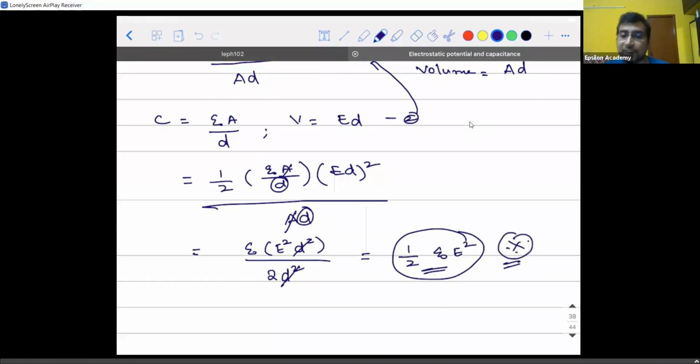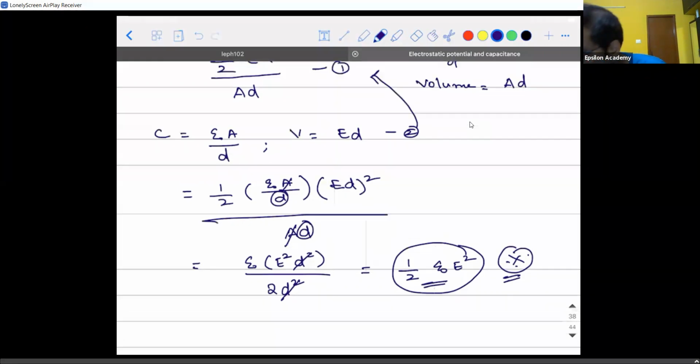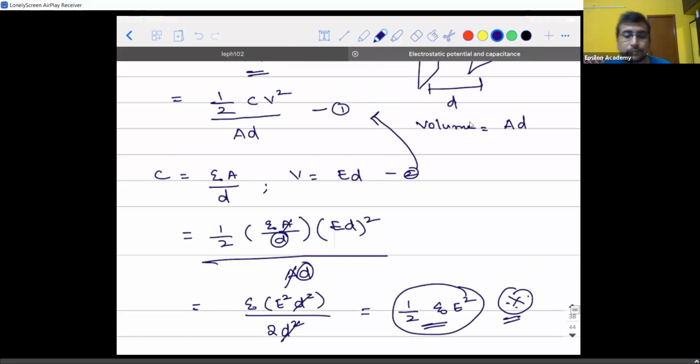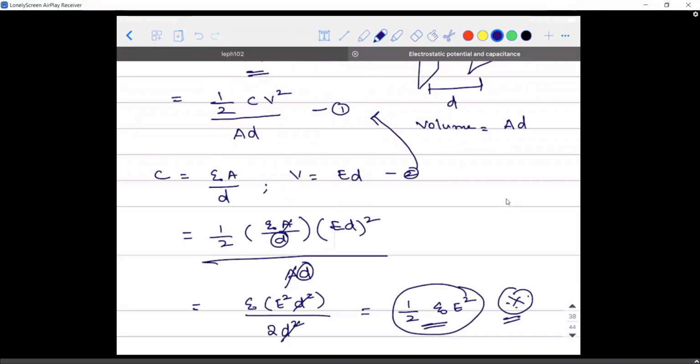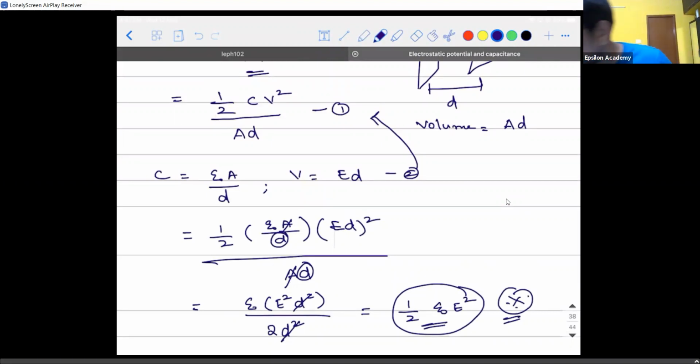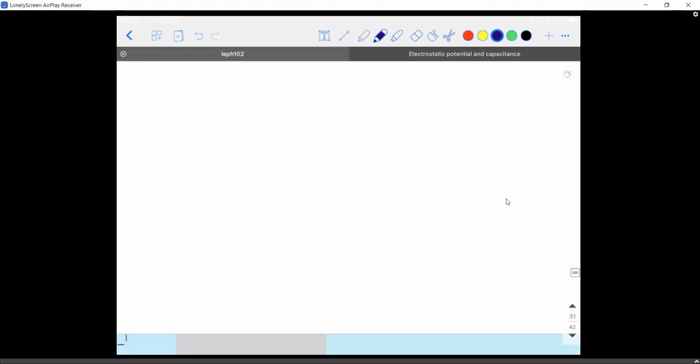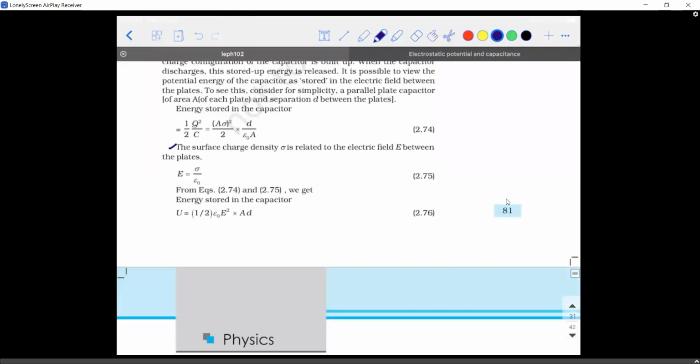Okay, I'm not talking from exam point of view. If you have to understand other chapters, you need to know what is energy density. Am I clear? Am I clear, guys? Yes, sir. Very good. Shall I proceed then? I hope you guys have copied it. Okay. Shall we do a problem, guys?